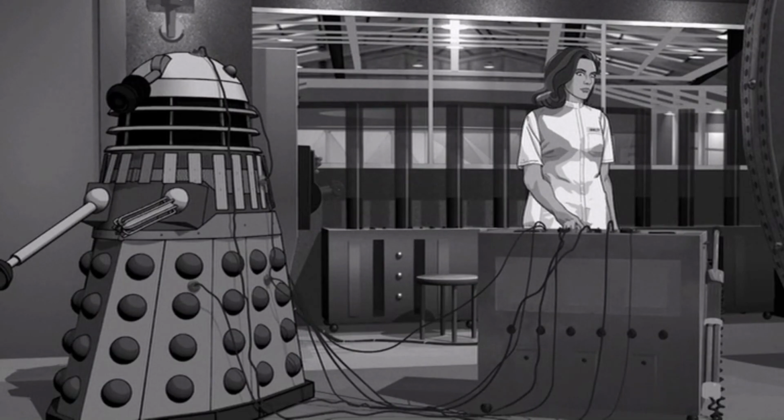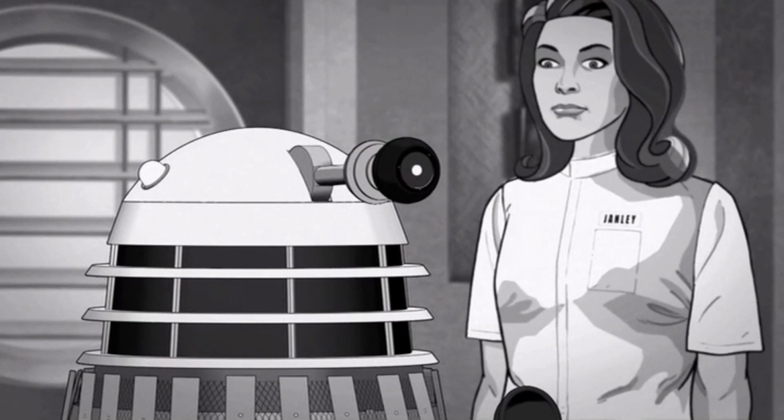of security. Seeing the power that the Daleks have, she wants to exploit it, and since they're now spouting,